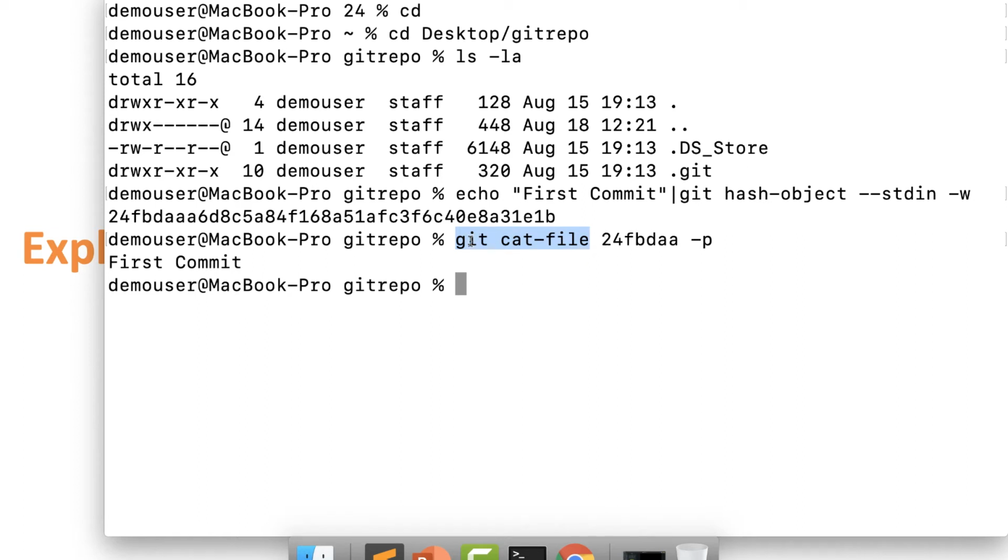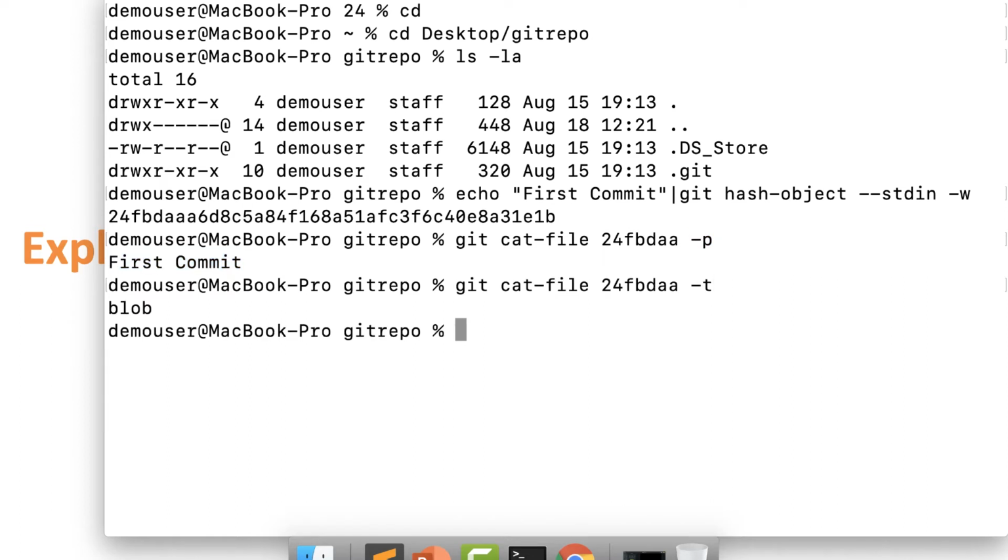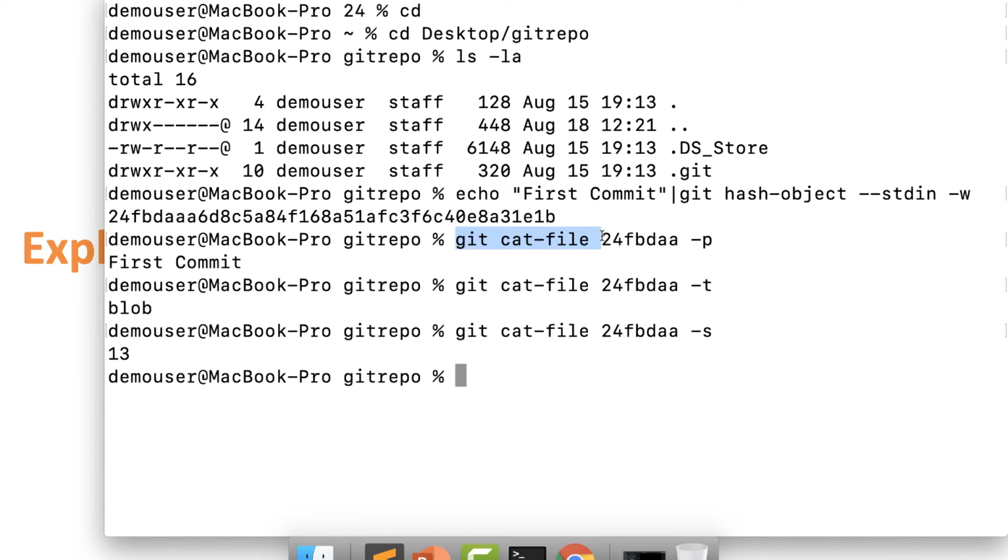You can see the content of the file is "first commit". If I type -t, it says the type of the object is blob, and with -s the size is 13. For those who are again not aware of this command, please go back and see my previous videos, in which I have explained the use of git cat-file, and in the same video I have explained the use of git hash-object.